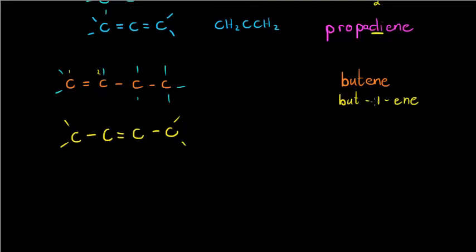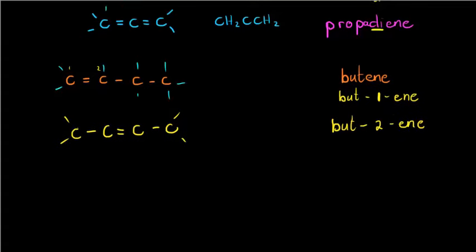And the reason why we would have done this is to tell the reader or the person that's studying this that your double bond is between the first and obviously then the second carbon. In this case, this one is still but-2-ene. And that will tell us that the double bond is between the second and the next one, which is the